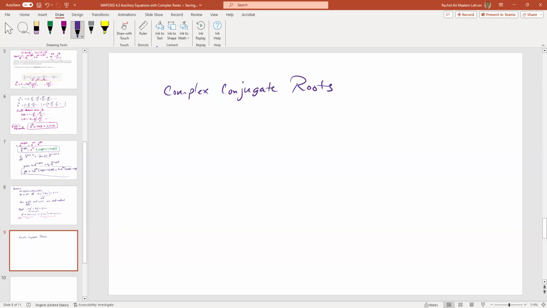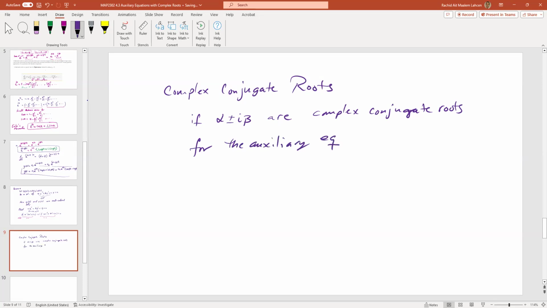If the auxiliary equation has complex conjugate roots, all right, so if we have alpha plus or minus i beta, remember we wrote them this way, are complex conjugate roots, then two linearly independent solutions are then